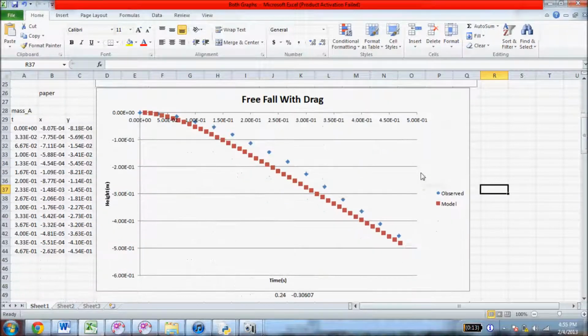This graph over here is the model and the observed data for a free-falling object that does experience drag. In this case, it was the piece of cardboard paper. As you can see, again, the model and the observed fit pretty well together. The variance again comes from human error, and it also comes from the constant of proportionality, which, if determined more accurately,